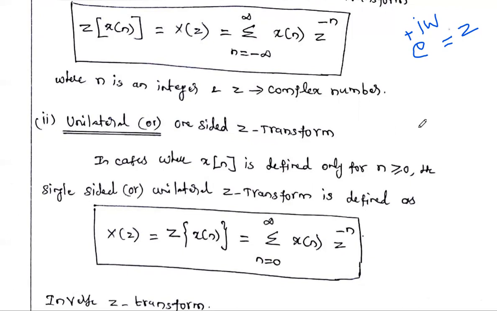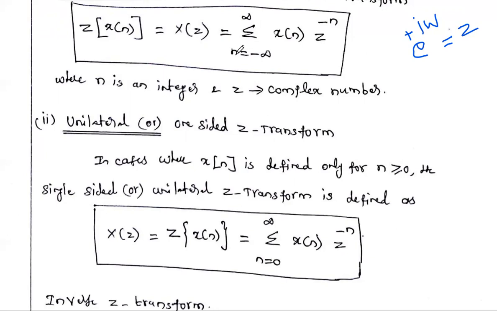We derived so many problems with the unit step sequence, ramp sequence, and exponential, that is, the right-sided exponential sequence. All those sequences are only available for the positive time axis. So for that case, we may use this unilateral formula. The formula has no deviation. What is the difference?